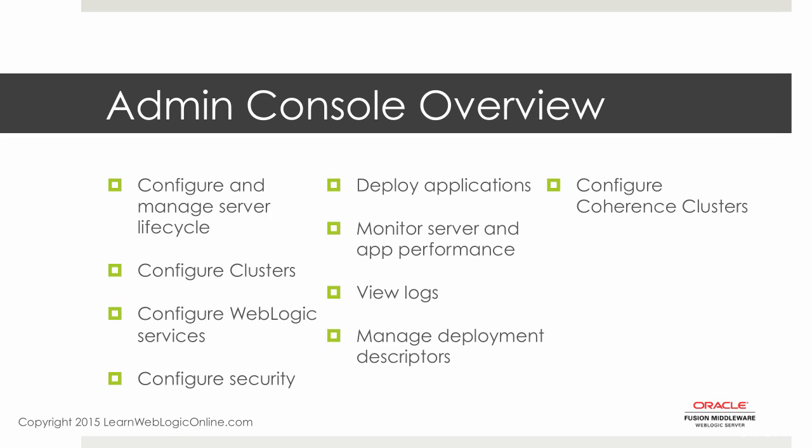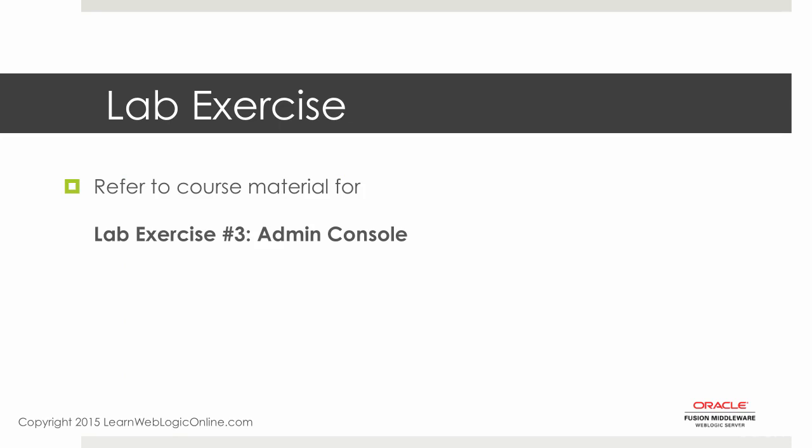We deploy applications through the console. You can monitor server and application performance, view log files, configure coherence clusters and manage deployment descriptors. So this is at a high level what you can do through the admin console. And as you'll see when we walk through the console, there are hundreds of options. Okay, so let's switch over to lab exercise number 3, admin console. This lab will walk you through the console itself and introduce you to the console and get you familiar with the layout and how to